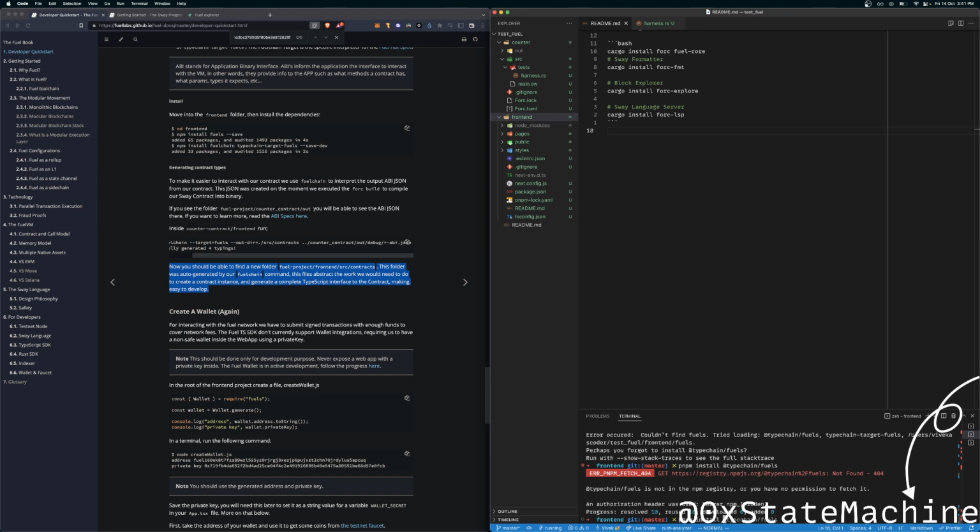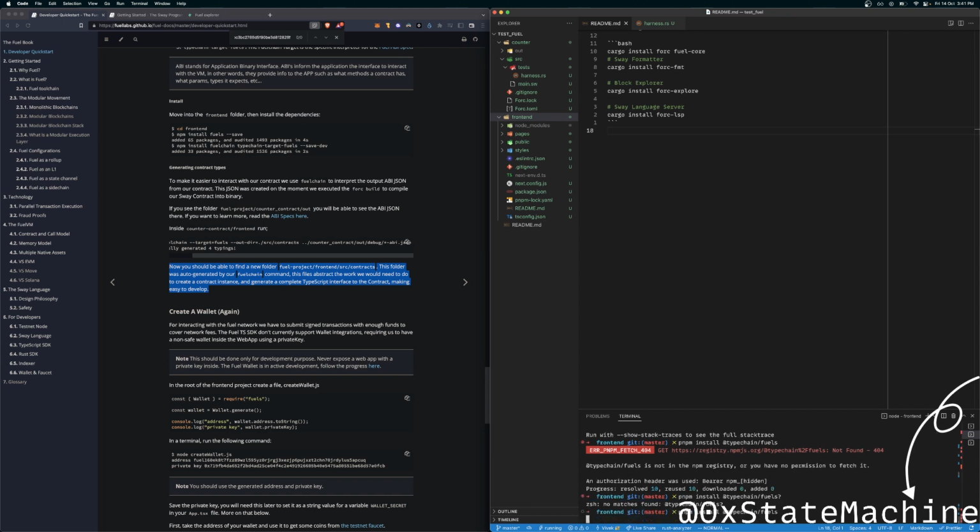No, it is exactly what I think it is. It's not an npm registry permission to fetch it. What am I missing? I mean, the save flag is optional, right? Of course.